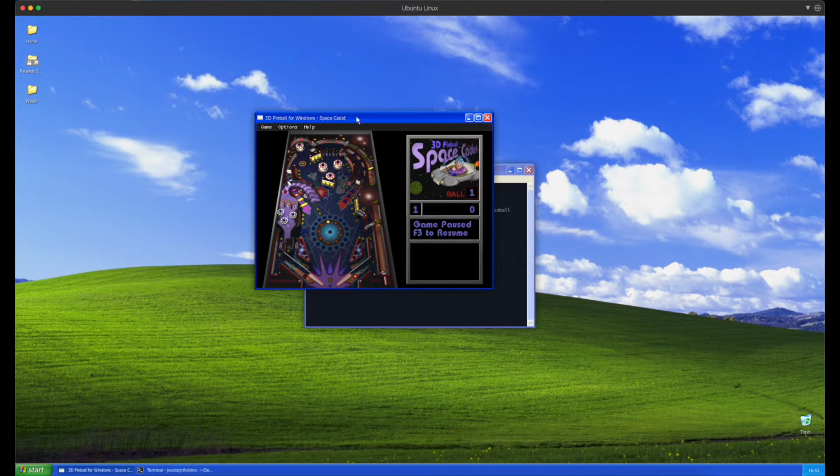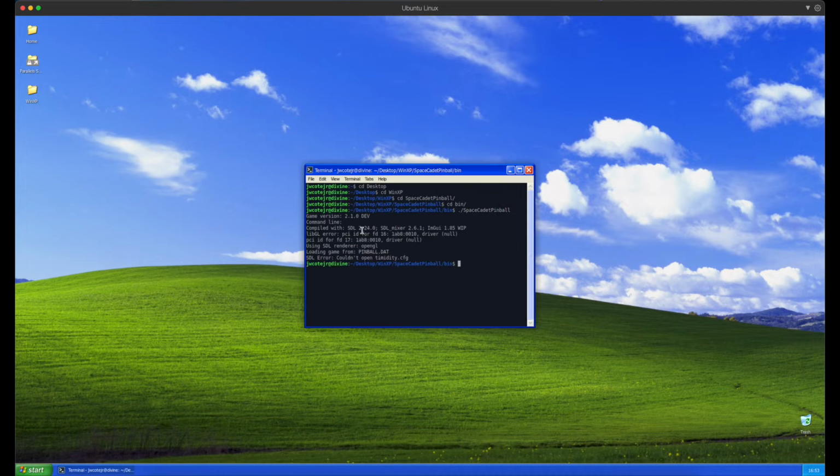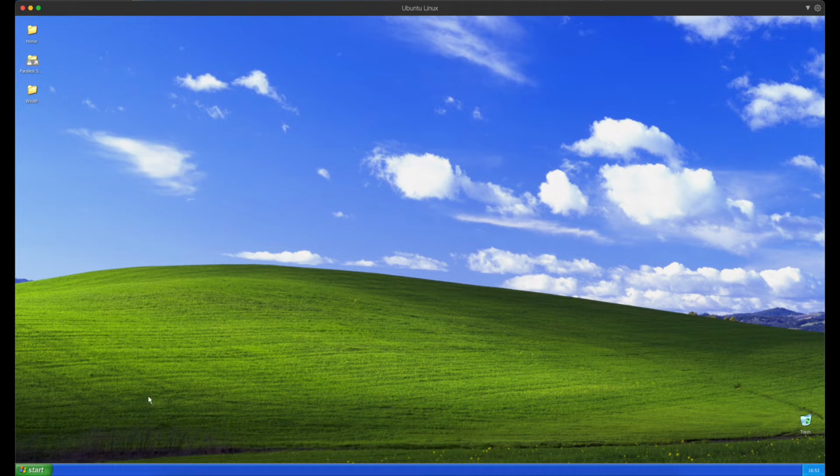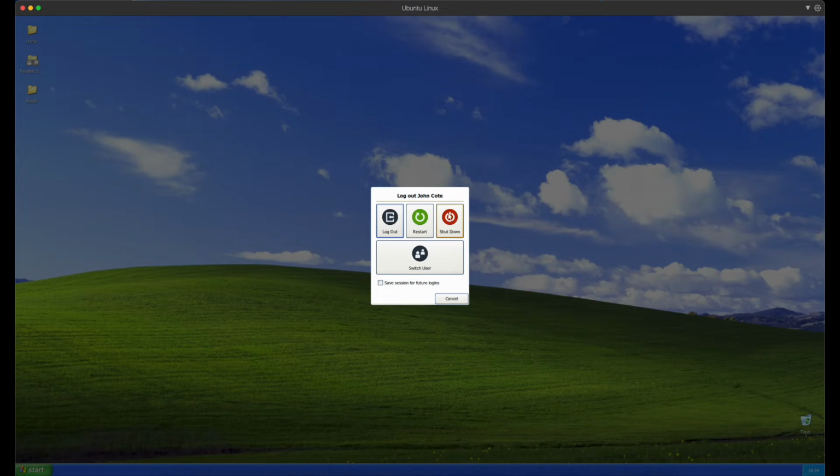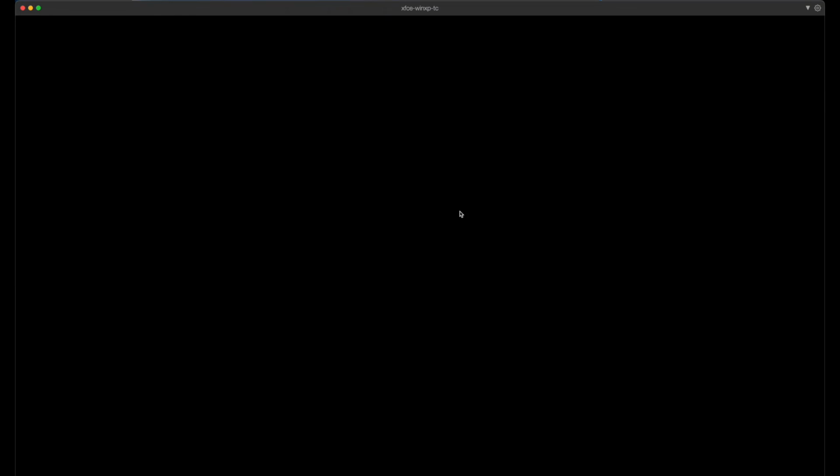So that's really cool. It's nice because I actually wouldn't be able to run the native Windows version on here through Wine because this is an ARM64 version of Linux. So that's pretty cool. But yeah, this is pretty much what it's like. So we're going to go over into my other Linux virtual machine and we're going to set it up from